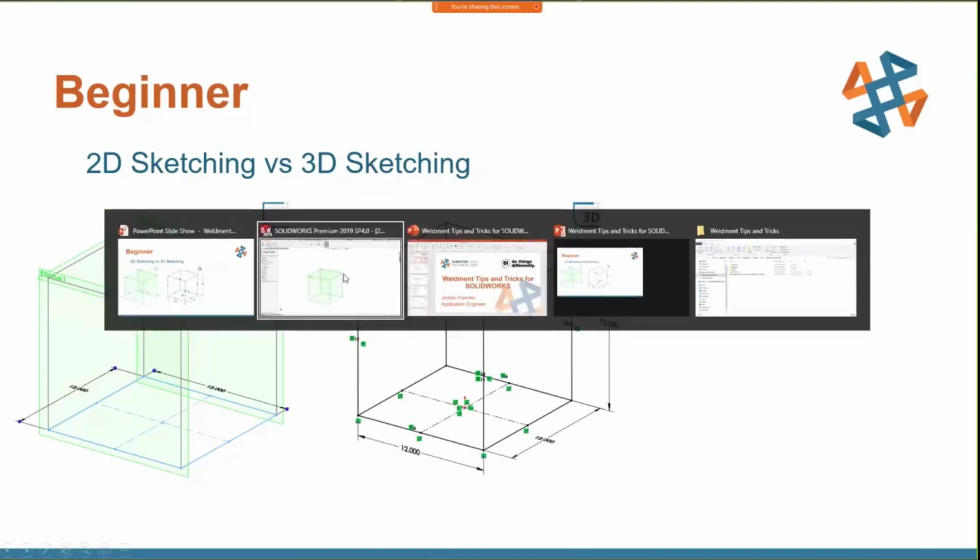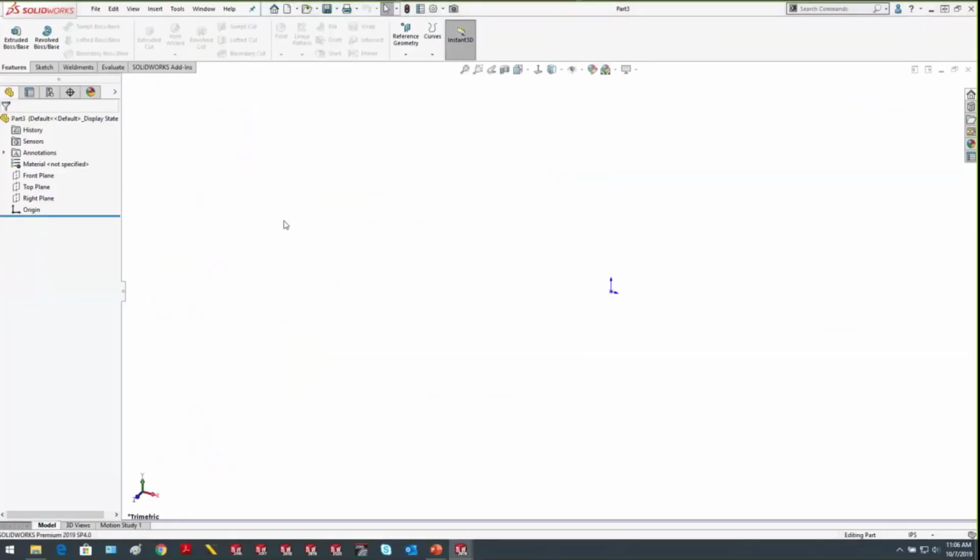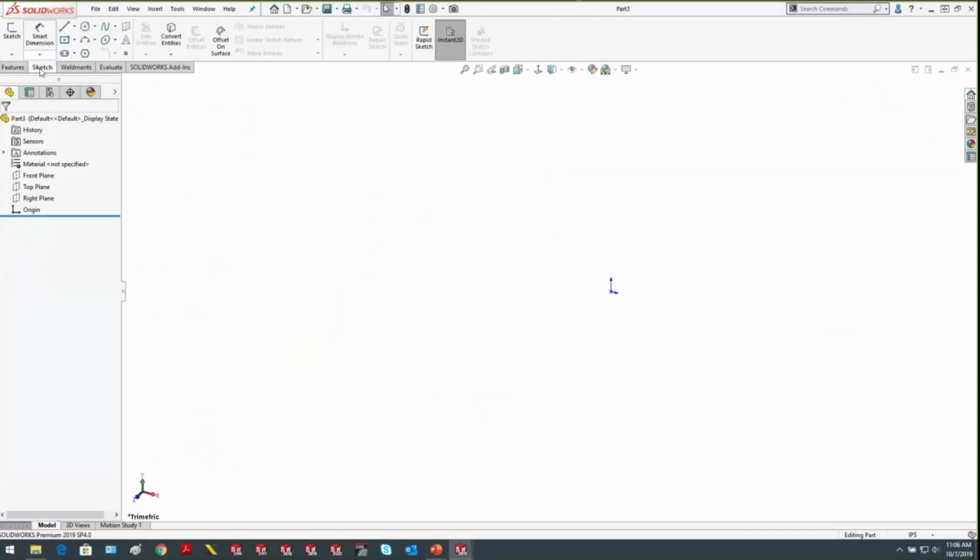So I'm going to jump back into SOLIDWORKS, and what I'm going to do is start a brand new part. Now, the first thing to note with 3D sketches is on your sketch command bar, where you're going to find the 3D sketch is under the drop-down for your sketch. So you will see 2D sketch and then 3D sketch. So the difficulties when getting started using 3D sketches, I'm going to go ahead and create my 3D sketch, is